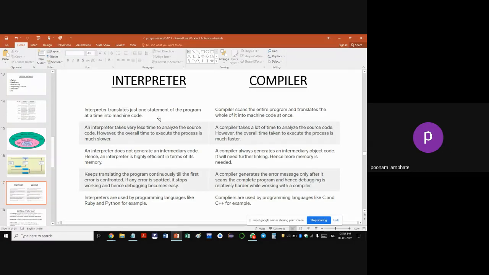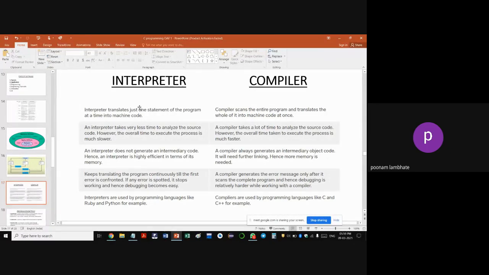Once the errors are detected, you have to remove or eliminate those errors. How will you do it? It is called debugging. Bug or bugs means errors in your program code. So you have to debug your program. Once there are no errors in your program, you can successfully execute it. These errors may be of different types, which we will see in our upcoming sessions. There is one topic of error handling devoted exclusively to this concept, how you can handle your errors and avoid them occurring in your program, so that your software will be efficient.